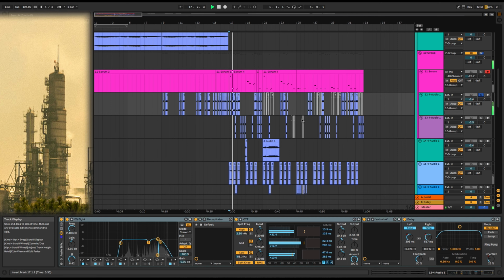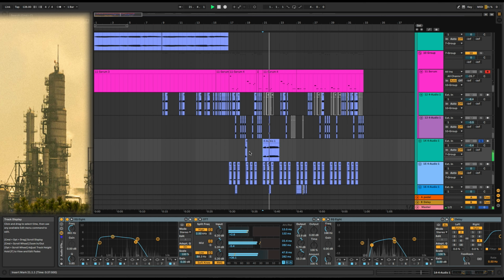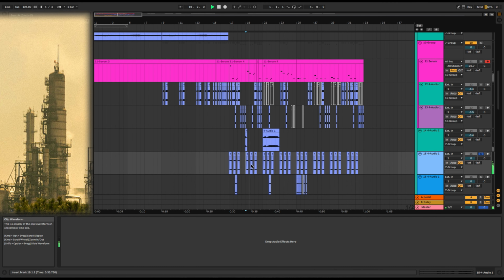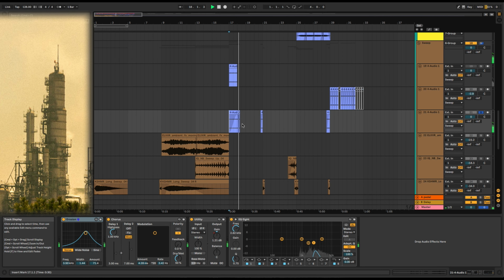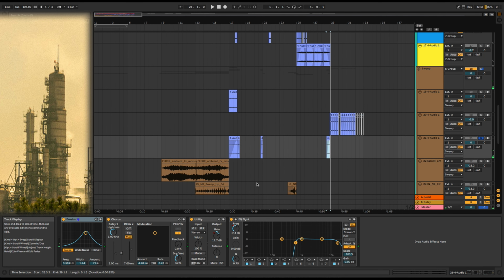I chopped them up and processed them, and this is what I got for the chops initially. And there's a few different layers. A lot of them are the same sounds, just processed differently. We got a little drone. I started my risers here, which is the same sample, just with Erosion Coarse and a little bit of EQ on it. And the rest of these are just sweeps and risers from various packs.